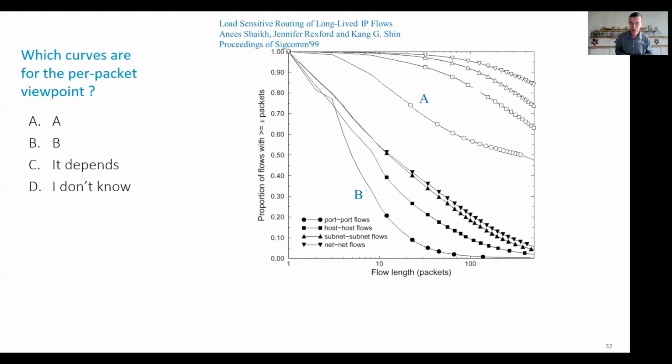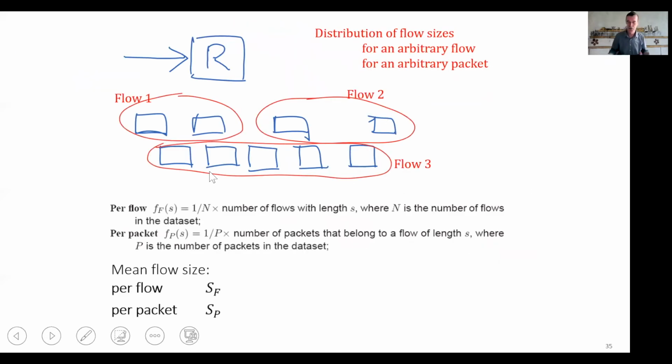We have just seen that if we sample the flow sizes per packet versus per flow, we obtain 2 different answers. What we will see now is how to relate the distributions of the results of those 2 sampling methods. And for this, I will use the heuristic method that I described just before the break. Let's assume I just want the mean flow size. We will see a formula for it: the per flow mean flow size, I call it SF, and SP, the per packet mean flow size.